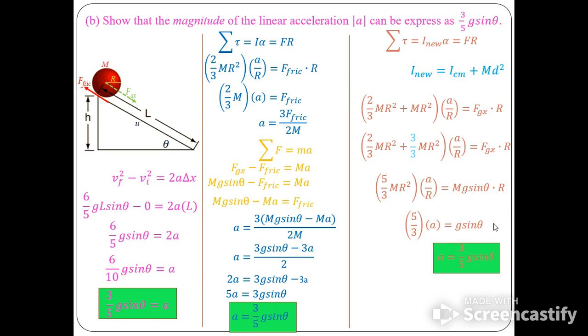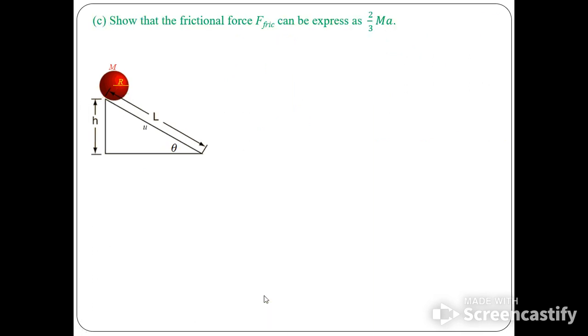And that, again, shows you that it doesn't matter which approach you take, you get the same answer. I particularly like the first one, if your kinematics is strong, assuming you can get VF using part A. And if you don't, you can apply torque. And I like using the parallel axis theorem because it is a little quicker than the middle section here. So make a choice. As for part C, it asks you to find the Ffric and show that it can be